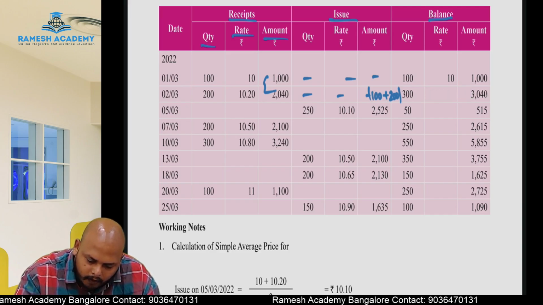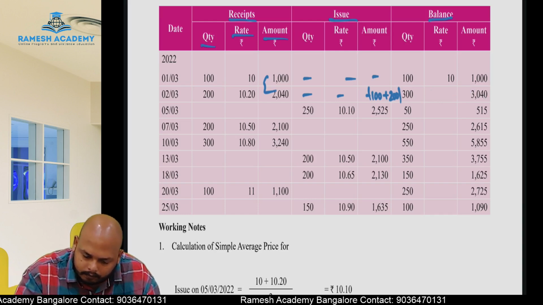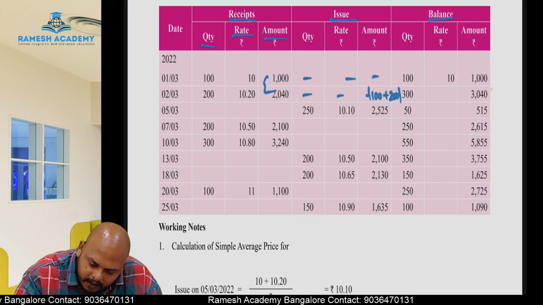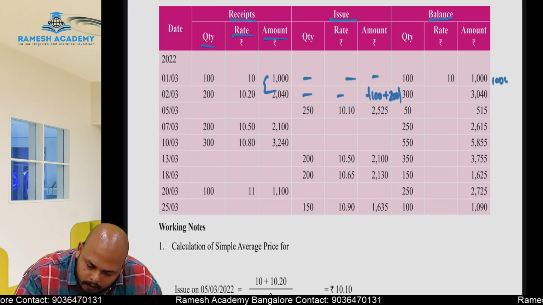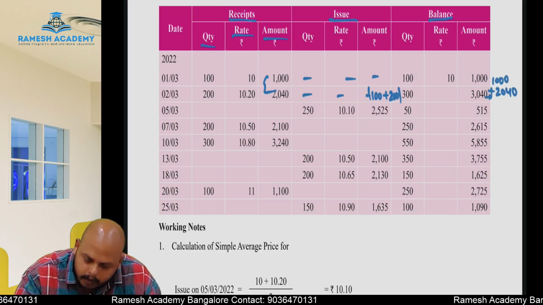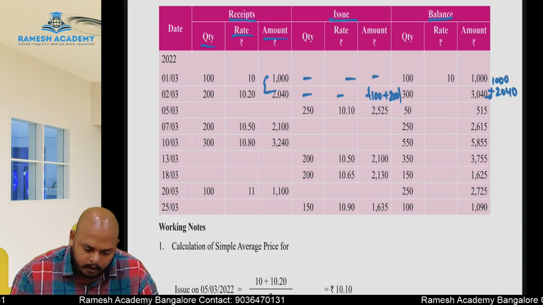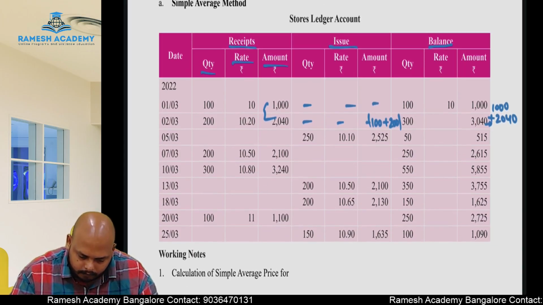So how is this 3040, Nana? 1000 already existing, plus 2040. So this is 3040. Okay? Understood, Nana? Next,